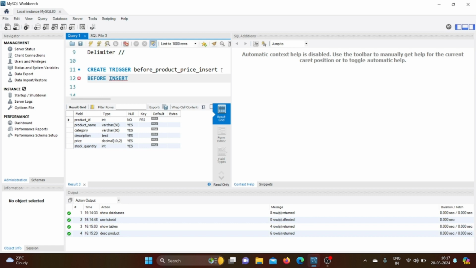Before insert basically identifies the event, at what specific time we want to run this particular trigger. Before means that before inserting a record to the product table, it will run this trigger in SQL. So I have created the trigger before_product_price_insert. I have given the condition before insert on the product table. Now I will say for each row,